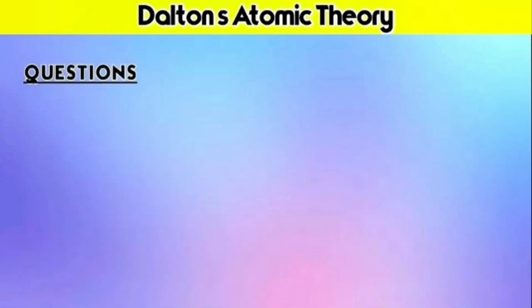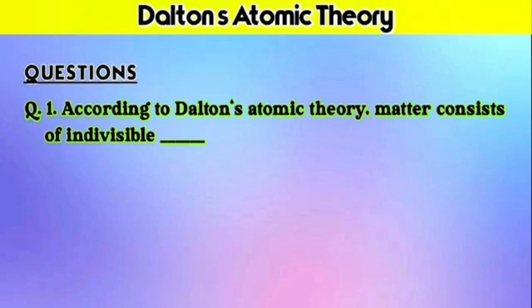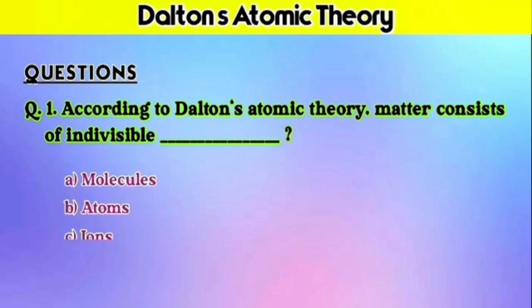The first question is, according to Dalton's atomic theory, matter consists of individual what? A, molecules; B, atoms; C, ions; and D, mixtures. I'll give you 5 seconds, think and give the answer. Okay, time up. Did you get the answer? Yes, here it will be atoms. Because if you remember the first postulate of this theory, it is mentioned that matter consists of indivisible